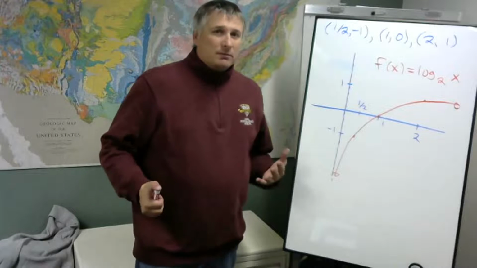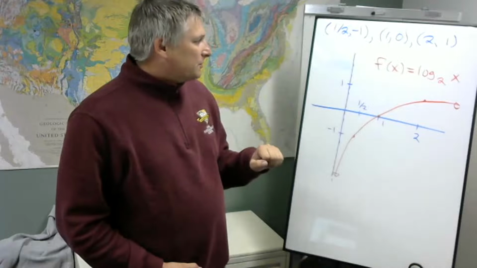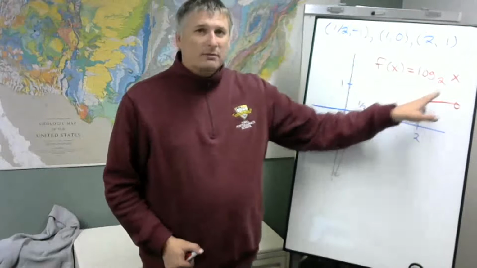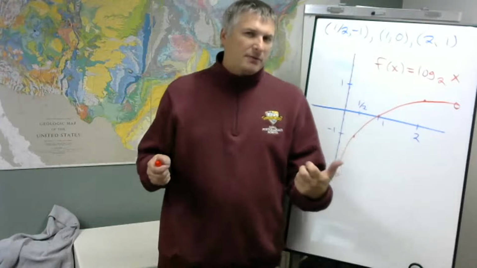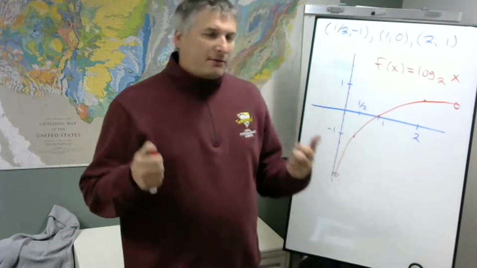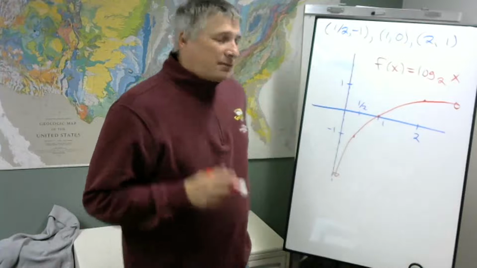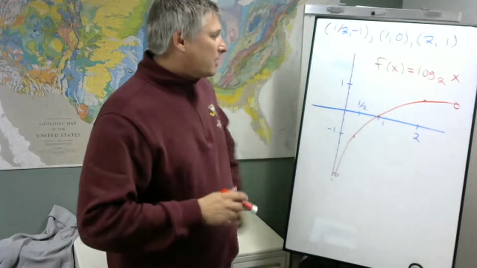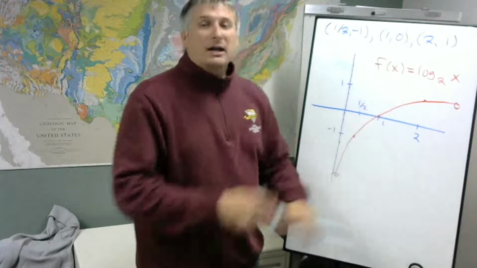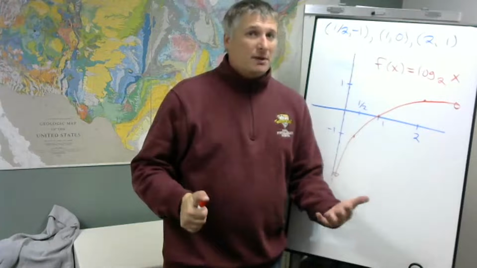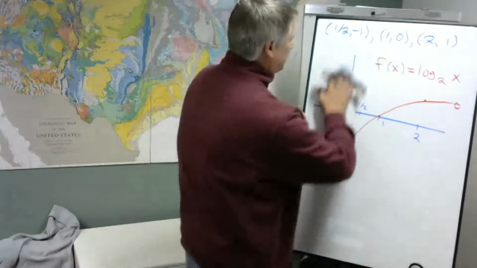Now, in general, we're going to have the same sort of shape for functions that have a base bigger than 1. And now you remember with the exponential function, regardless of what the base was, the graph would always pass through the point 0, 1. With the logarithm, we're going to see our graphs all pass through 1, 0, unless we've done some translations or transformations. So in general, what we're going to get